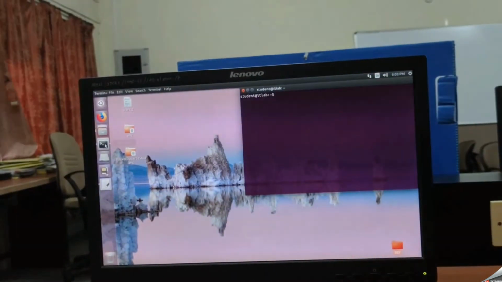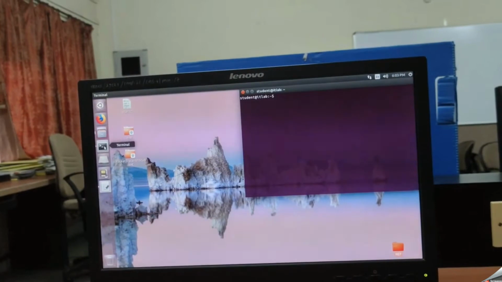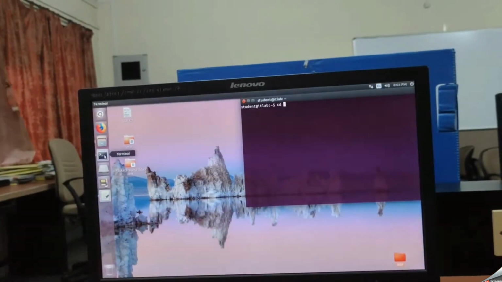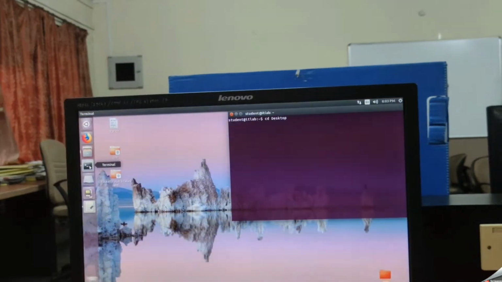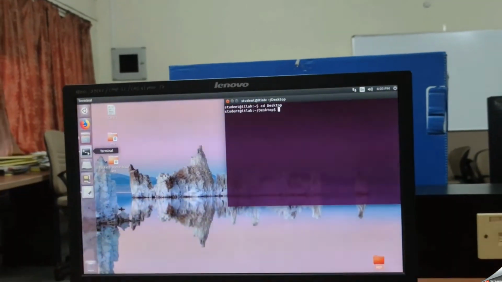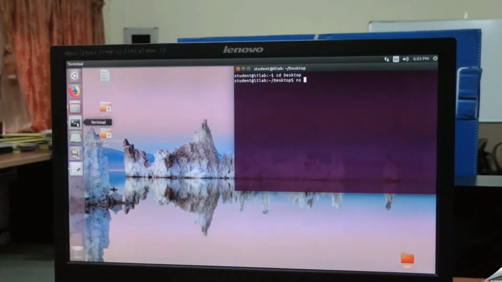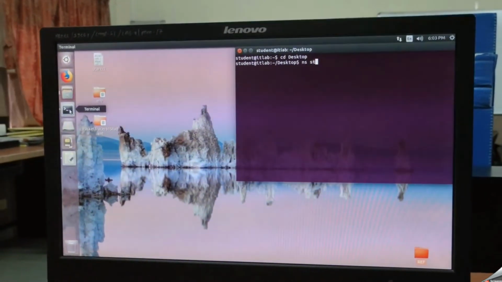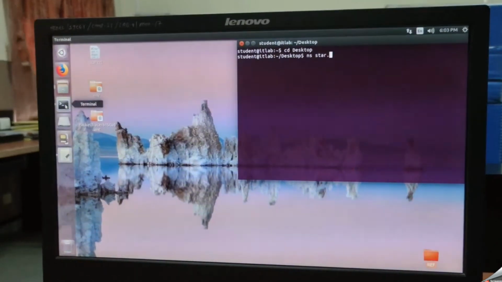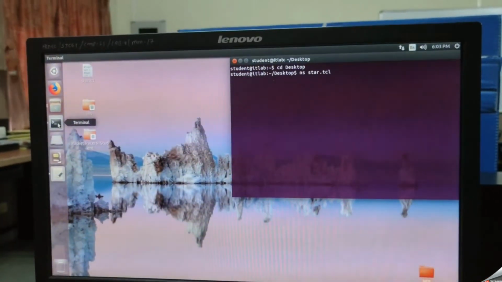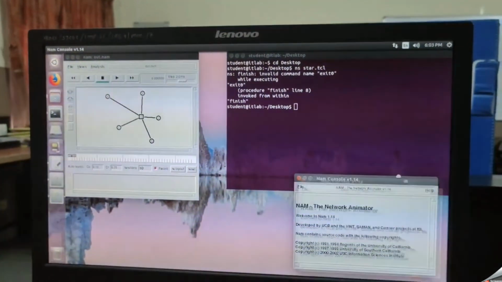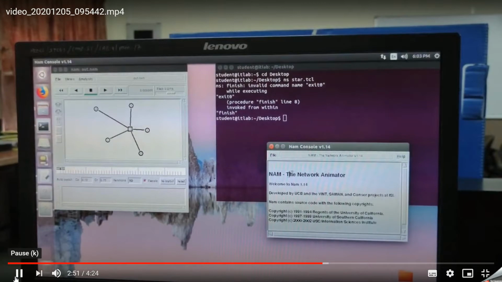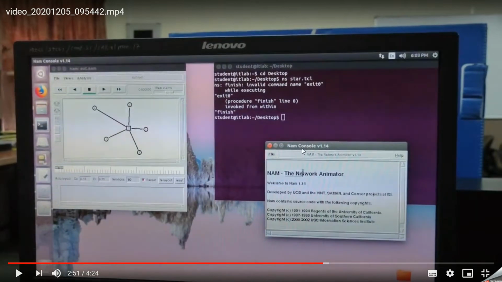So now you will go to your terminal and set the path. My code is present on desktop, so cd space desktop. What is the command for execution? ns space filename dot tcl. So see over here, your NAM console opened up first.